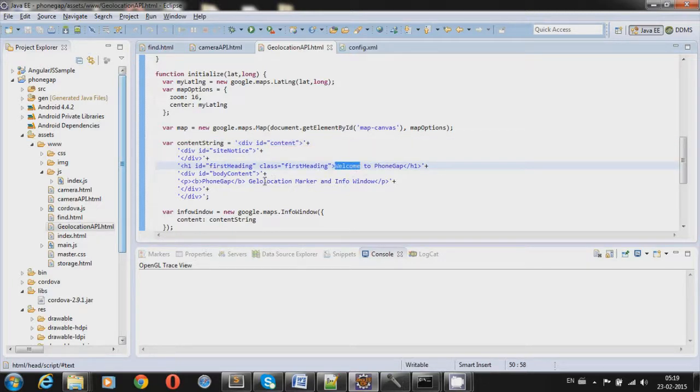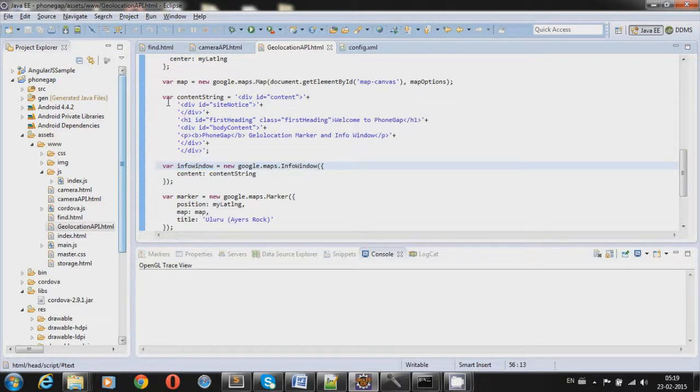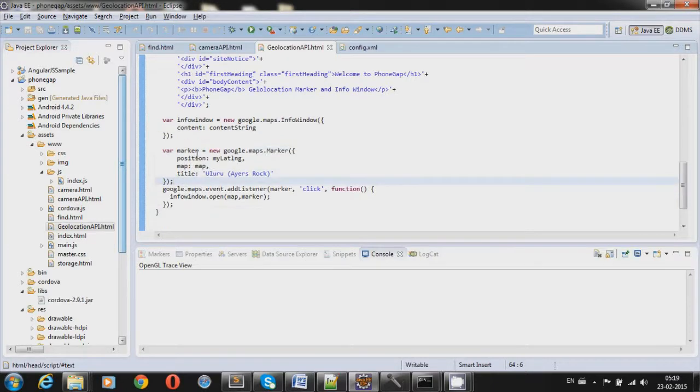This contains the content string, welcome to PhoneGap. This is the marker. We will create a marker, and on clicking the marker it should show the content in an info window. We can see how the marker object has been created, google.maps.Marker.